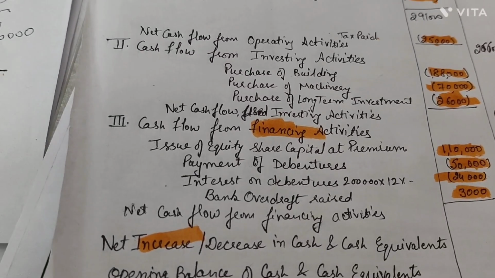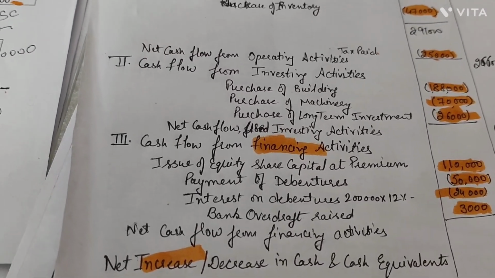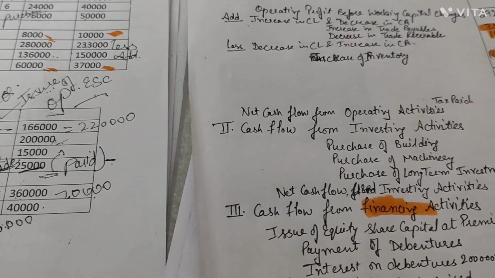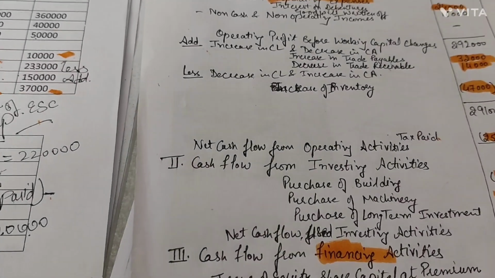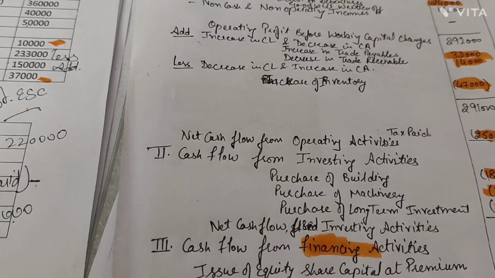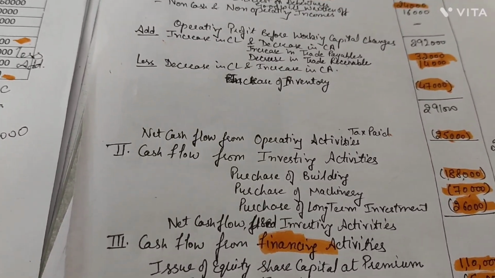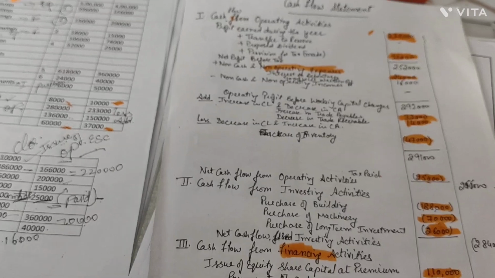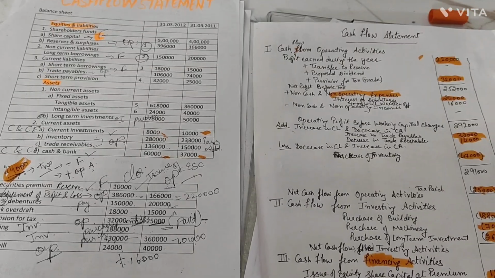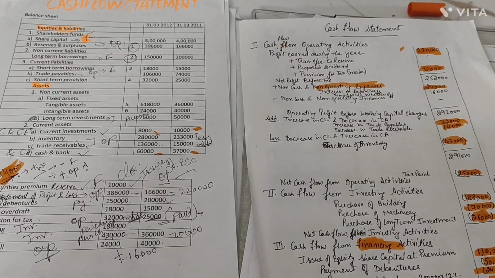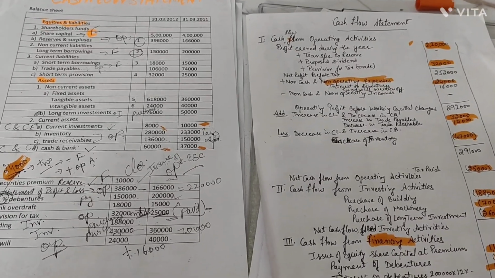I hope I was able to get you to the point of the cash flow statement. In the upcoming videos, we will be talking more about the cash flow statement with more of the adjustments regarding depreciation and all. But in this particular case, we have done a question without much adjustment, but rather we have referred only to the points of the given balance sheet.